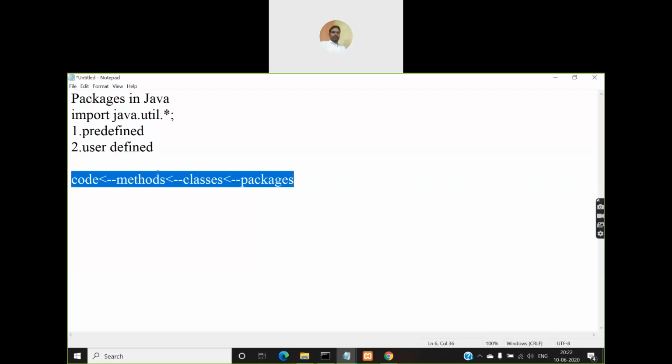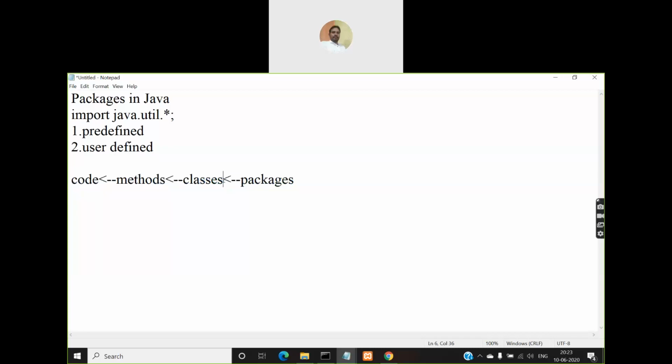Any program that you write in any language, we call the lines of statements that you write in that program as code. But how do you write code in Java? You put the code inside the methods, right? And methods are put inside classes, and classes in turn are put inside something called packages.